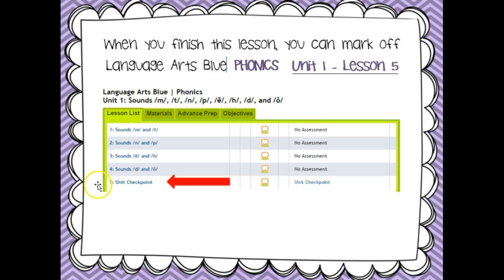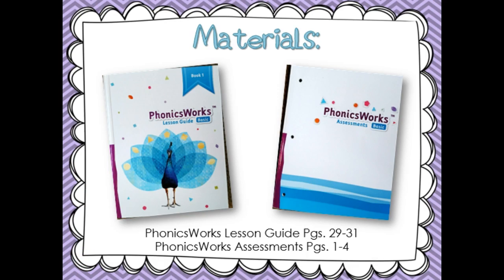to take the test at the end of the unit to be sure that your student has mastered all of the concepts. For this lesson, there are online activities and offline activities. For the offline activities, you will need the following materials. You will need the Phonics Works Lesson Guide Basic Book. The pages for this lesson will be 29 through 31. Your student will also need the Phonics Work Assessment Book, and you will be completing pages 1 through 4 together